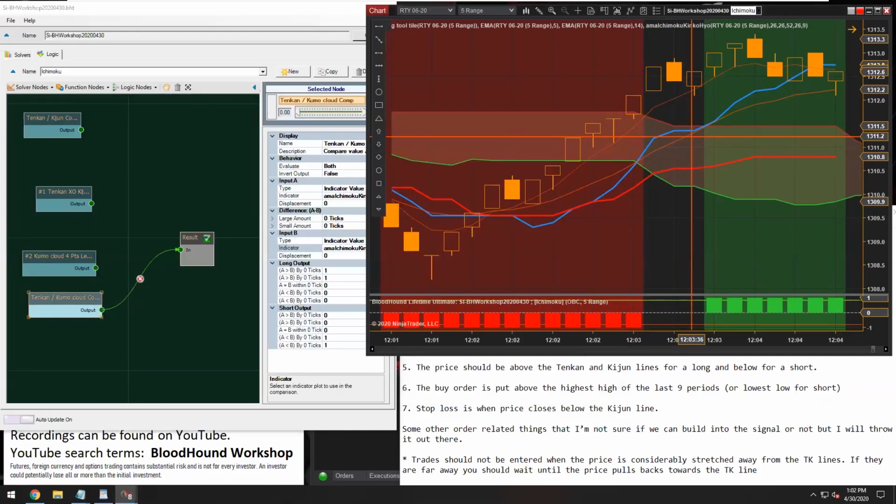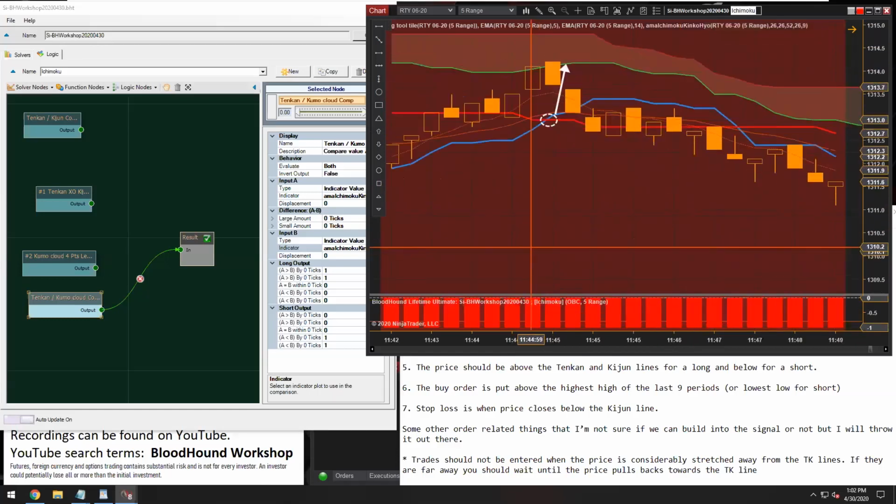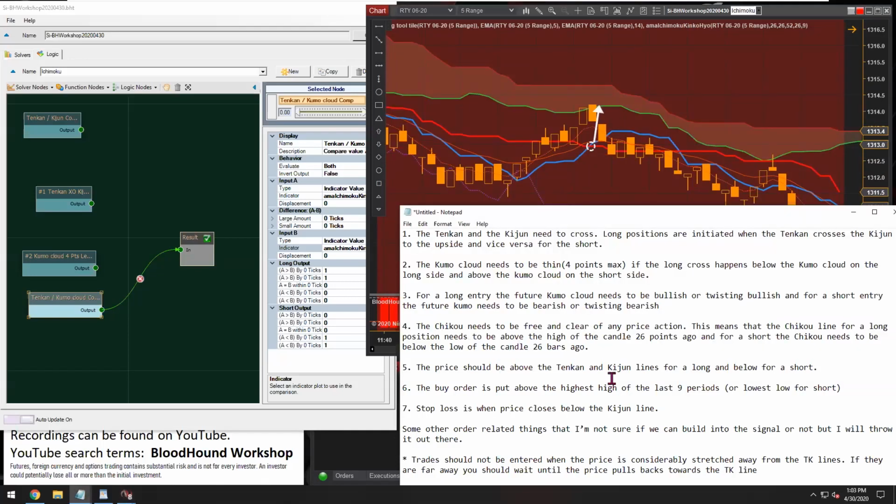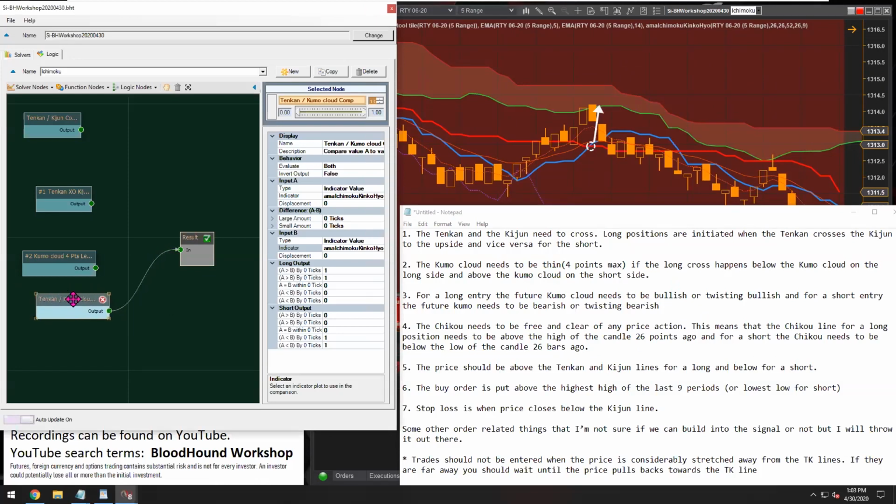Yeah, there we go. So when the Tenkan is in the middle of the cloud, there's no output. So now we can tell whether the crossover is below the cloud or above the cloud. I need a way to tie this detection mechanism back into the actual rule number 2